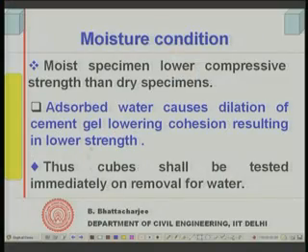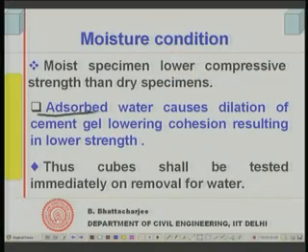The lowering of strength due to drying in case of tensile strength has been attributed to drying shrinkage. So, if you dry the specimen, new shrinkage cracks will come, and when you test it under tension, the strength gets lowered. But that is as far as tension is concerned. In compression, the behavior is the other way around. So, what is the explanation? The explanation that has been suggested is something like this.